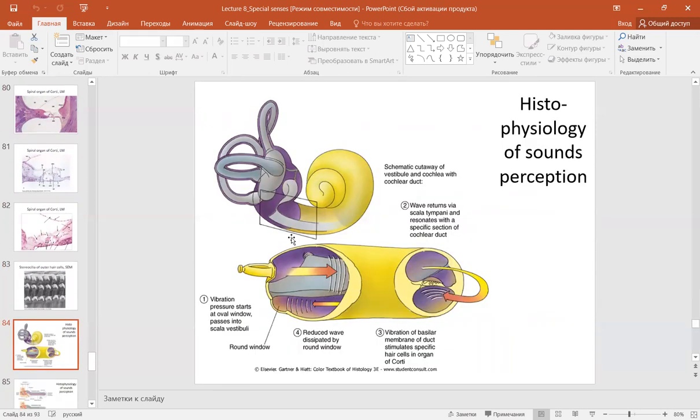Here is the histophysiology of sound perception. The movement of the stapes covering the oval window is transmitted to the scala vestibuli, then through the helicotrema, moving to the scala tympani, moving to the round window, and the movements of perilymph cause the vibrations of the vestibular membrane, the vibrations of the basilar membrane,